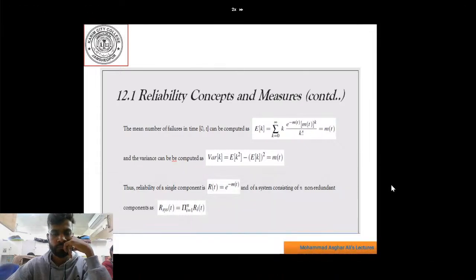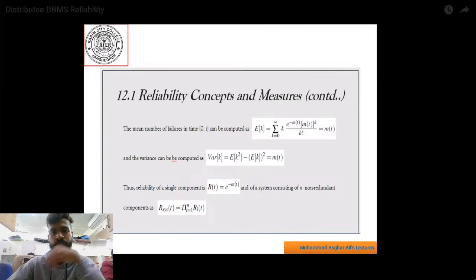Availability, which is denoted with A(t), refers to the probability that the system is operational according to its specification at a given point in time t. Several failures may have occurred prior to time t, but if they have all been repaired, the system is available at time t. Availability refers to systems that can be repaired.